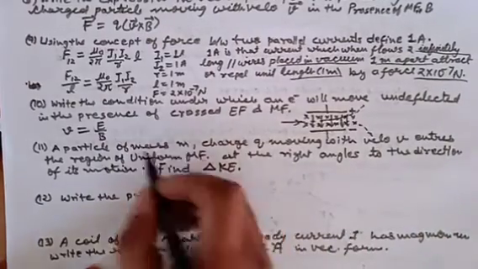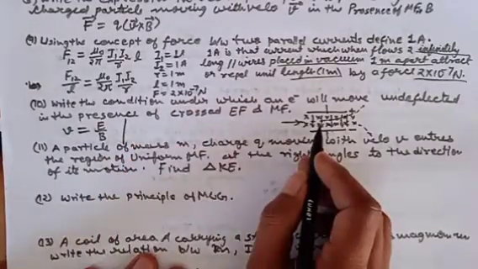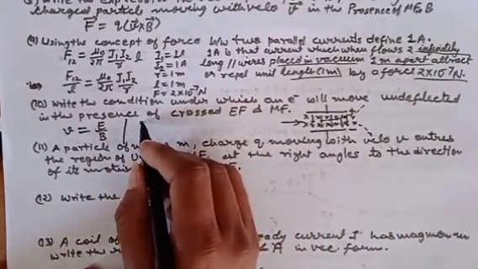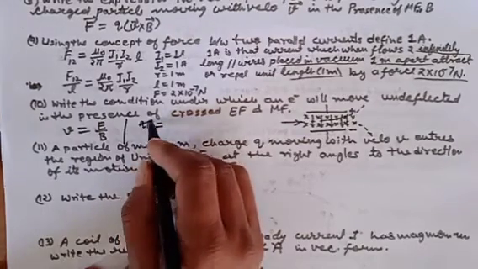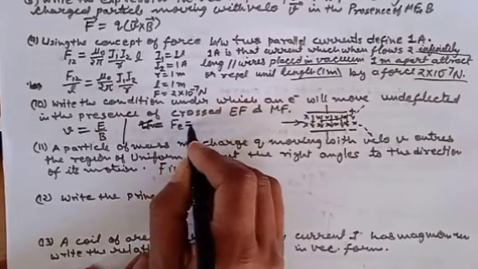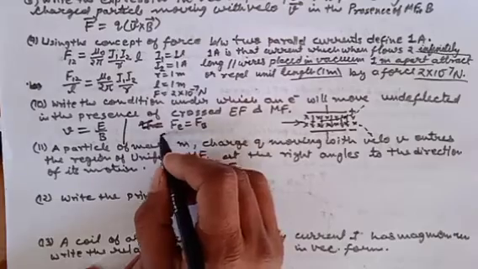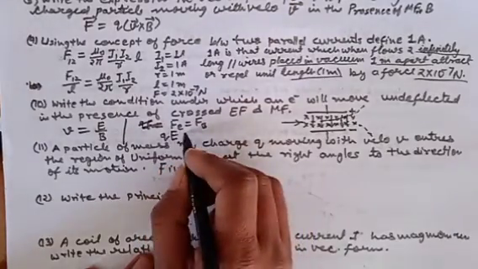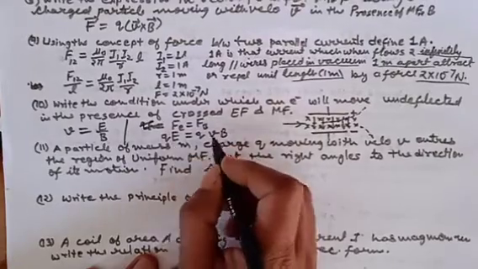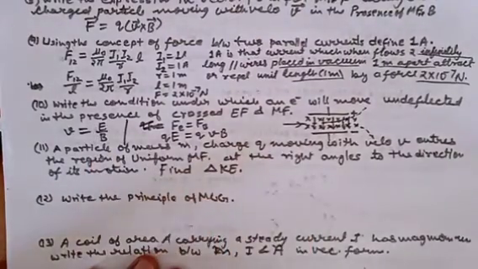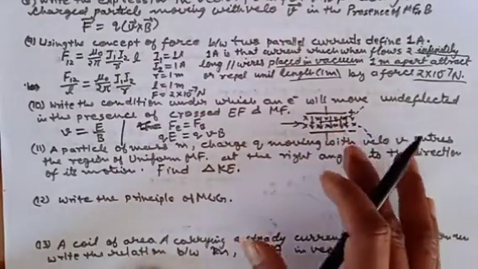So there can be a condition. In detail, we can do it like this. We have to draw this, and then we can say that in equilibrium, QE, I'm going too fast. Force due to electric field is equal to force due to magnetic field. It is QE, we know in an electric field a charge experiences QE force, and it is QVB. Q will get cancelled, so V equals E by B. So it is not only for an electron, it is for any charged particle, and this arrangement is called